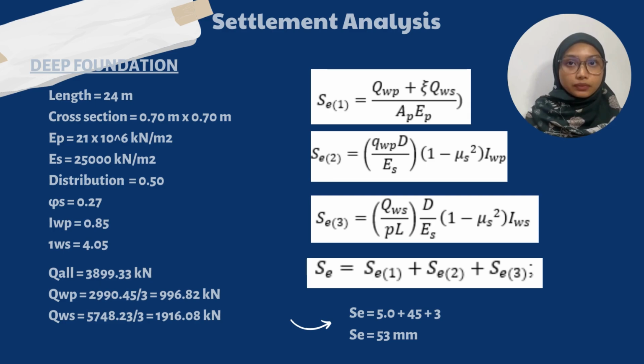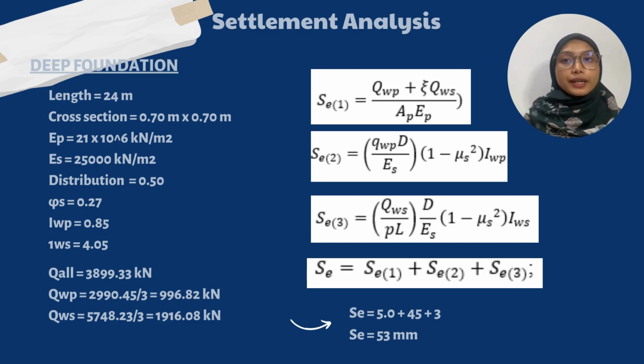For the length, we use 24 meter, and the cross section of the foundation is 0.70 multiplied by 0.70, and EP is 21 multiplied by 10 to the power of 6 kilonewton per m2, and ES is 25,000 kilonewton per m square, and for the distribution is 0.50, and for the Poisson ratio we use